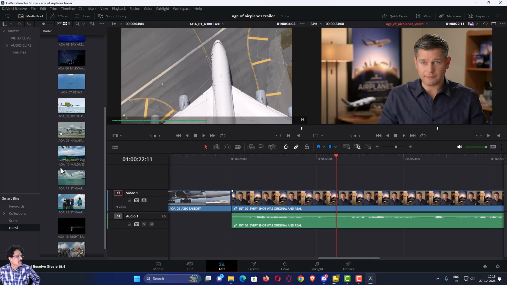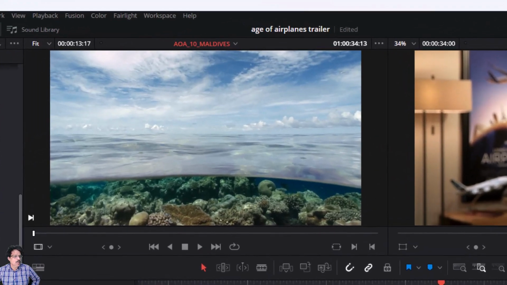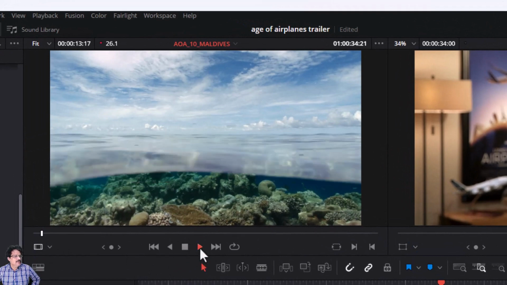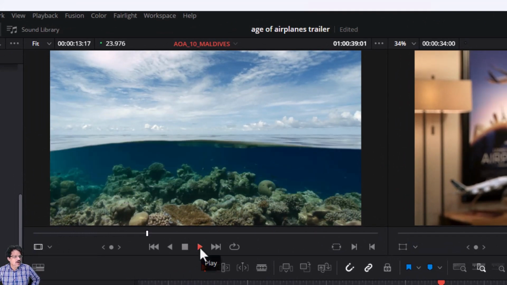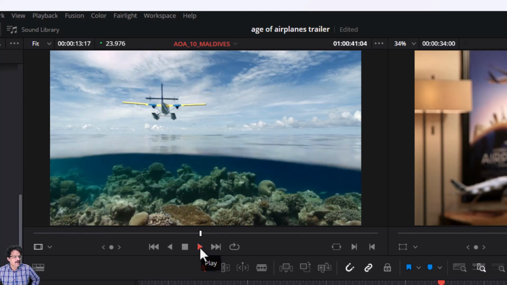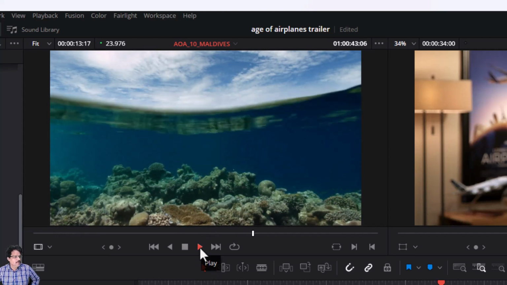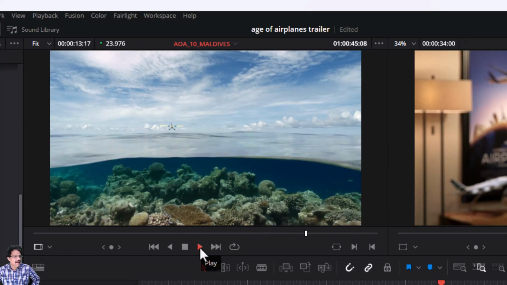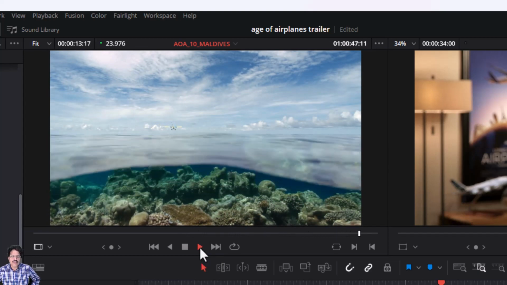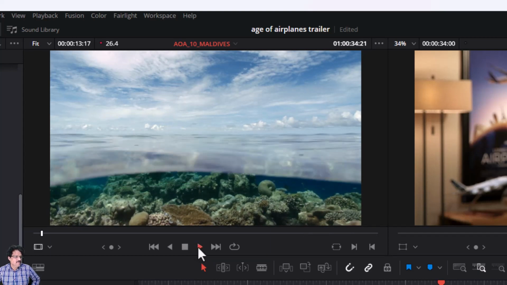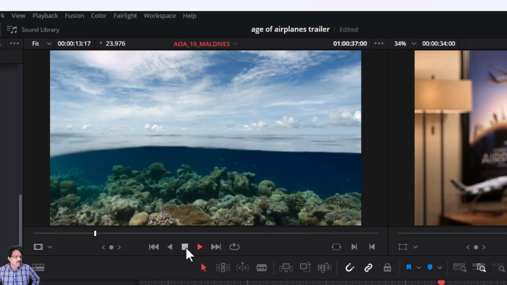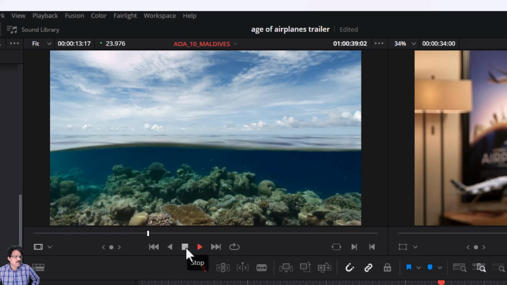You have this AOA 10 Maldives shot. I will double click to open it, and if you play this clip, you can see that half of the clip is underwater. This is a very beautifully shot clip, and I want this clip to be added. Now to add this clip, I will first play it, and I am going to press the stop